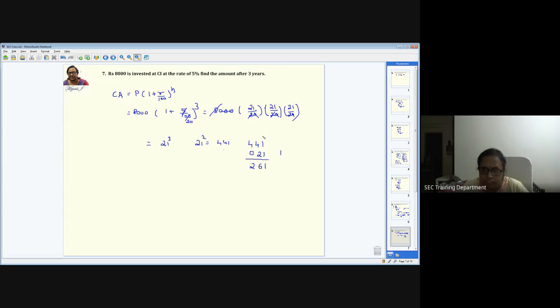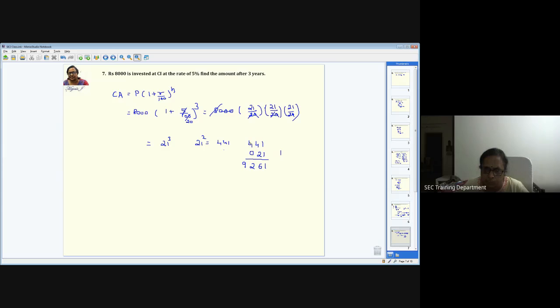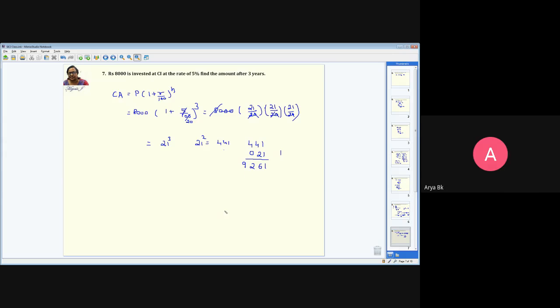Now you know that initially I started with 1, I did 2, then I did 3, then I had to go for 2 again. The 2, when I consider these two, cross multiplication. So 4 into 2 is 8, and this side is going to be 0. So there's only 8. 8 plus 1, 9. And then the last one I had to do, that is 4 into 0, which is 0. So it is 9261. Shall I repeat this, or is it clear? Yes. Okay.